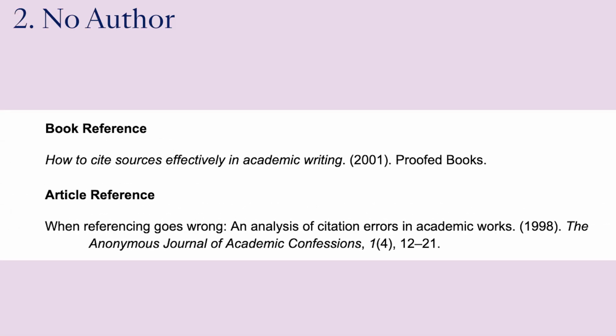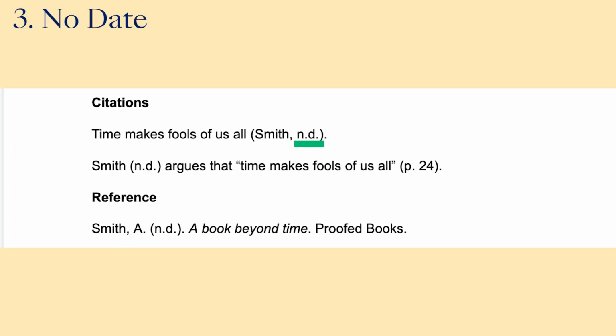In your reference list, sources like this should be presented using the usual formatting rules, which includes using sentence case for the titles. The only difference being that the title of the source moves to the start of your reference list entry in place of the author surname. If you can't find a date of publication for a source, use ND. This abbreviation is short for no date. This applies to both citations and reference list entries.